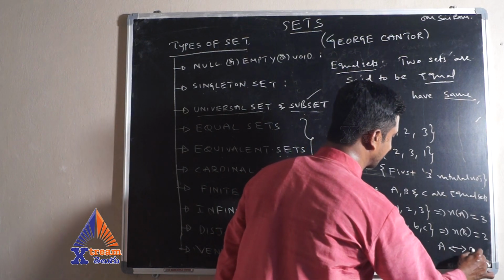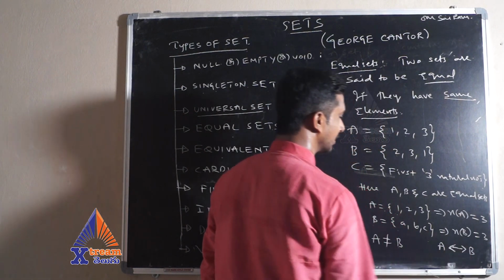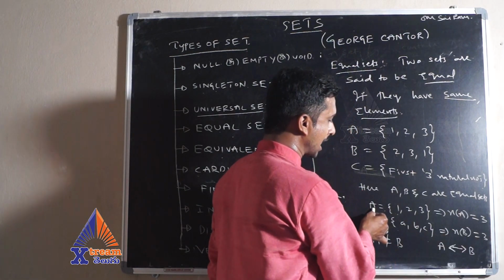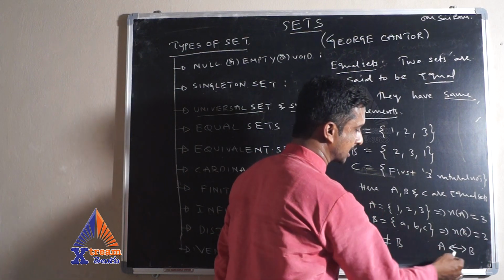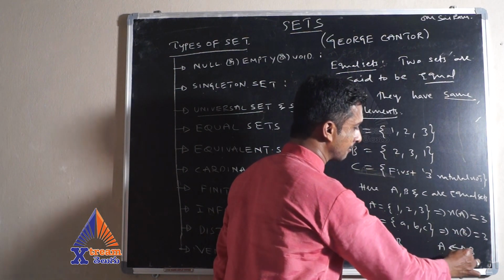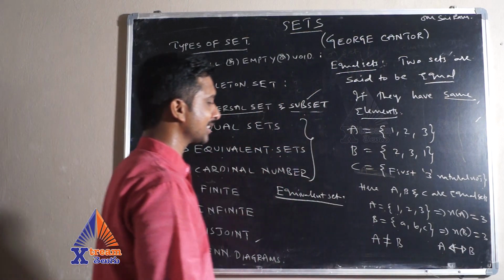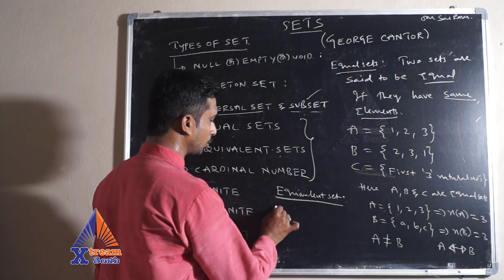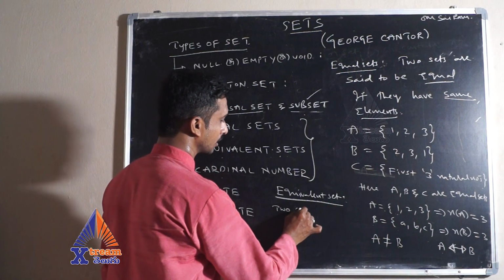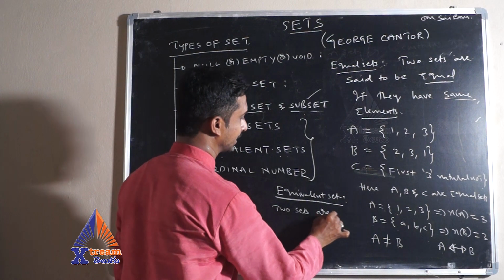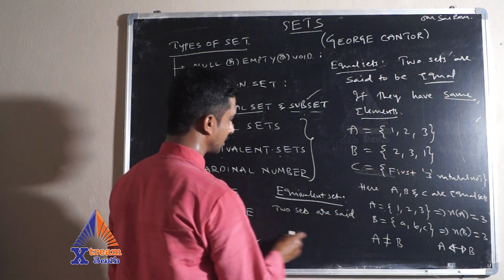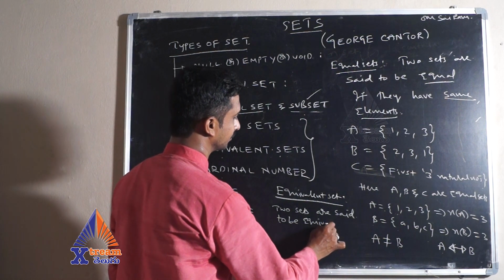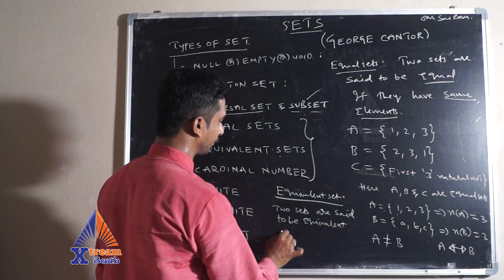This is the equivalent symbol. Equivalent set. Because the number of elements in A and B are the same, I can say A and B are equivalent sets. So let me write the definition. Two sets are said to be equivalent if